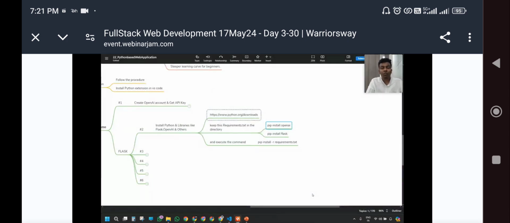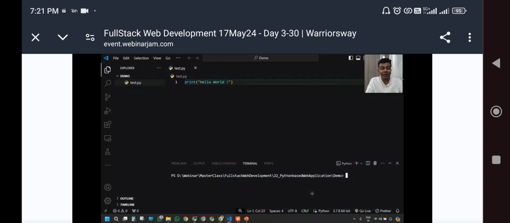So we should have Python installed on our laptop, and in that Python, we should have installed the OpenAI library and Flask library. So both installations have been completed. Now our Python is ready to run our application. Okay, this is going to be our first step. So please go and complete this step. Once you have completed it, your Python is ready.